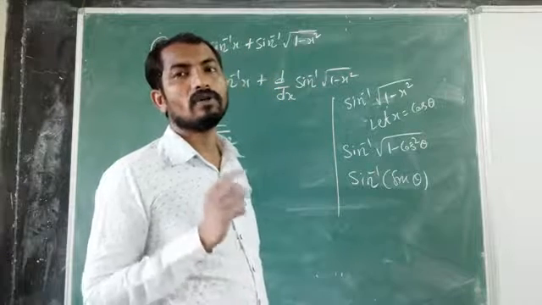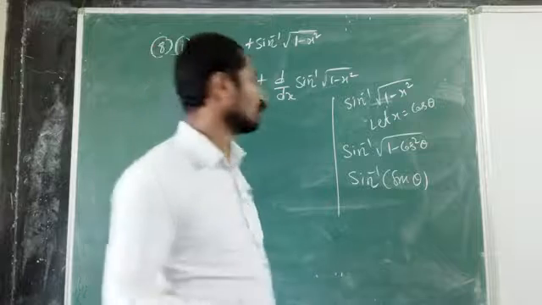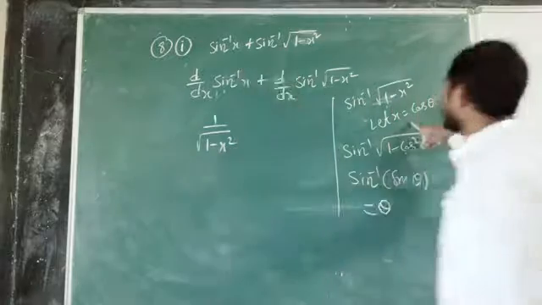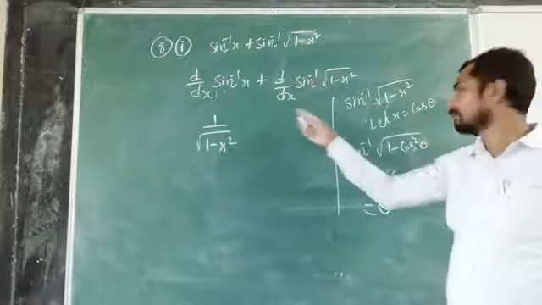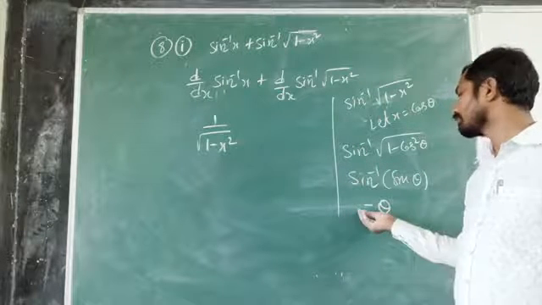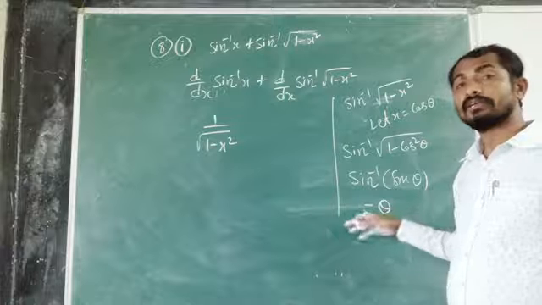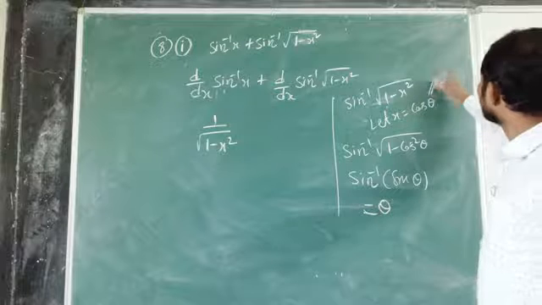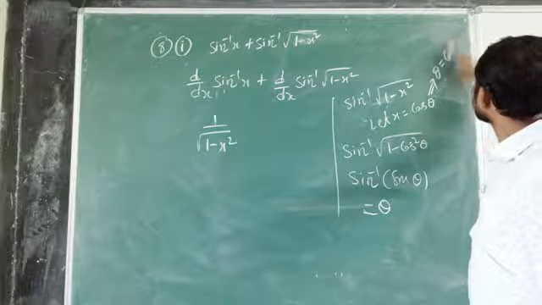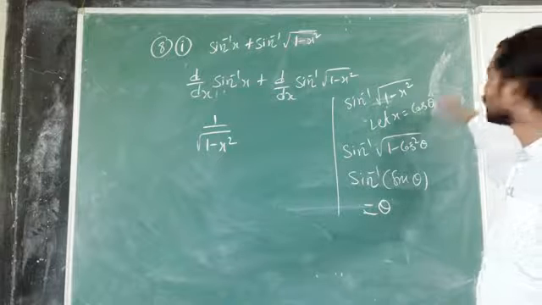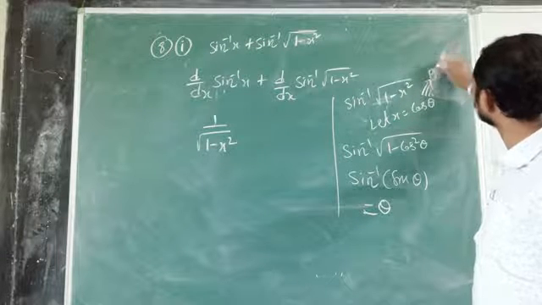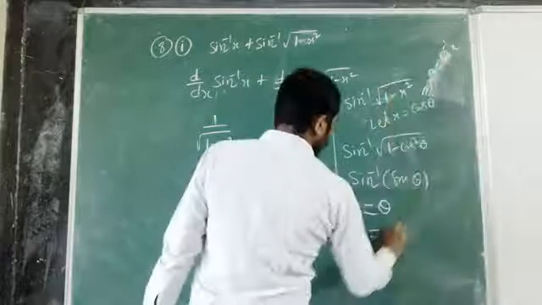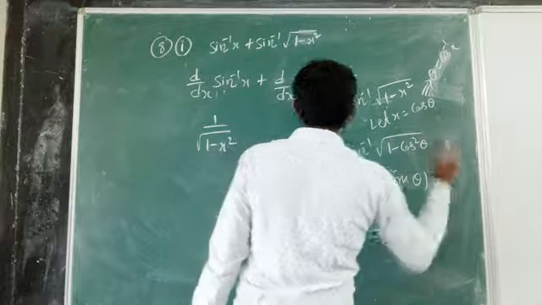Now we can apply the formula of inverse trigonometry. Sin inverse of sin theta is equal to theta. This is the answer. But the question is given in terms of x. After substituting, we got this in terms of theta. And this theta value you have to convert in terms of x. That is, theta is equal to cos inverse of x. You can see x is equal to cos theta means that from this, theta is equal to cos inverse of x.